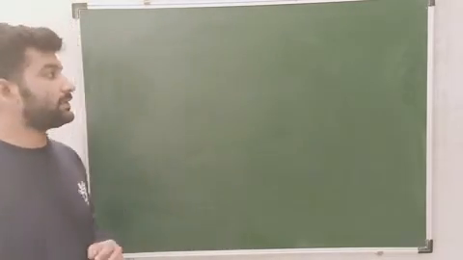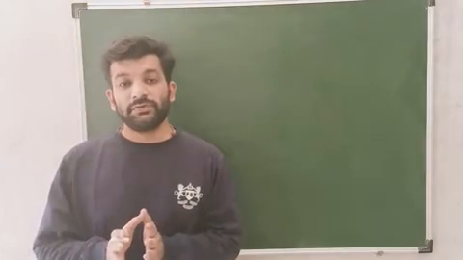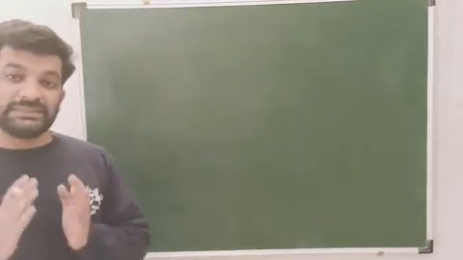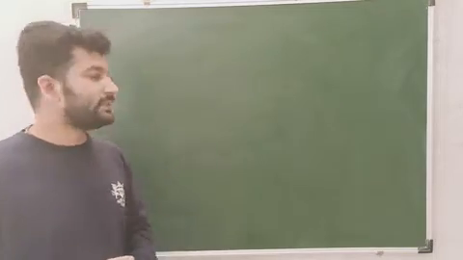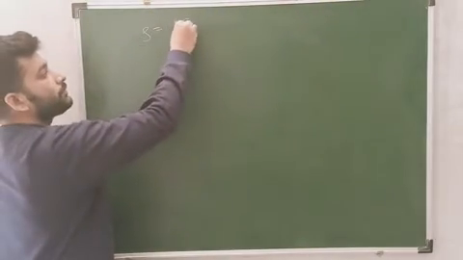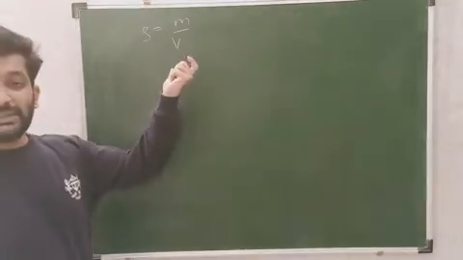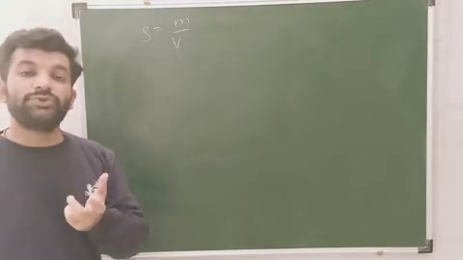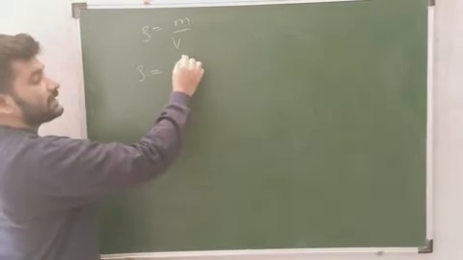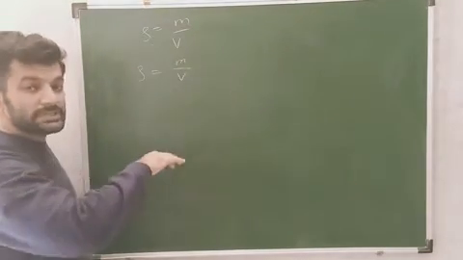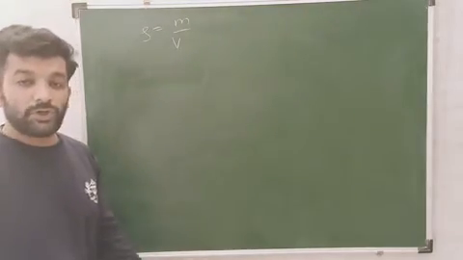In those examples, first I will explain the formula and how you can remember it. First, the density. We all know, we have learned it from 8th standard, that the general formula of density is density equals mass upon volume. Now when we solve these examples, density refers to the density of the unit cell. So density of unit cell will be given as mass of unit cell upon volume of unit cell.